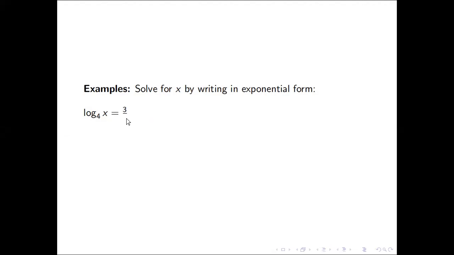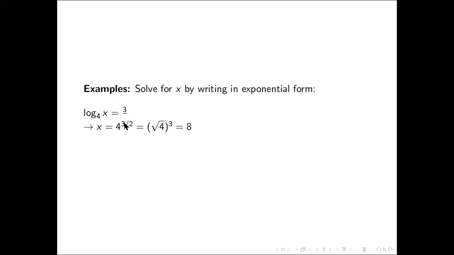Now, how do we solve this logarithmic equation? We write it back in exponential form. Since we are not used to thinking in terms of logarithms, we write this in exponential form because we are used to thinking in terms of exponentials or exponents. So we have 4 to the 3 halves equals x. This is 3 over 2 on the right. So 4 to the 3 over 2 equals x. And this is exponential in form. Actually, once we've done that, we have already solved the problem since it gives us x. However, we better simplify.